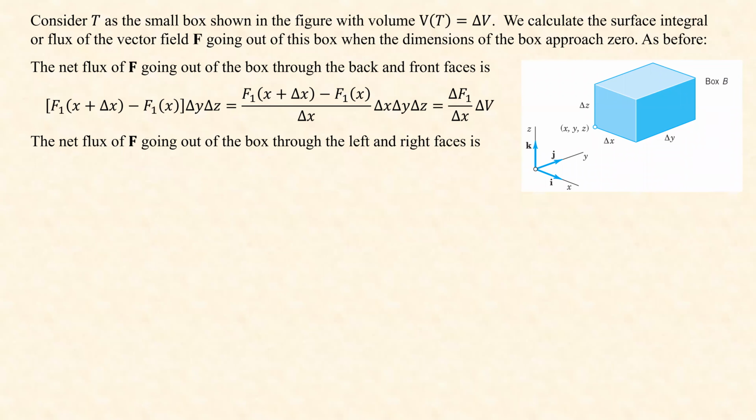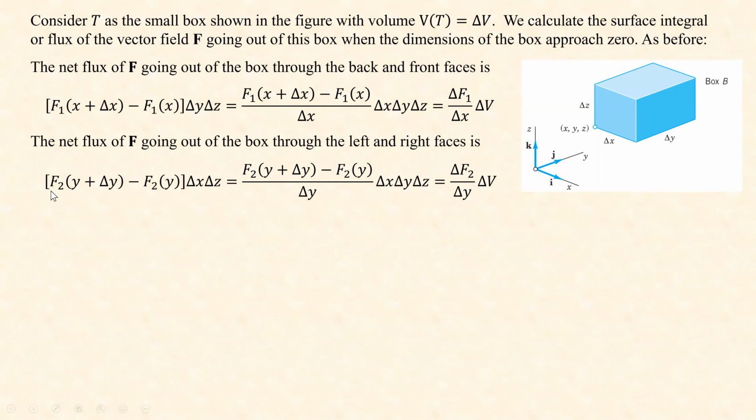And if you do the same thing for the flux going out of the box through left and right, this is the left, this is the right, again you do the same thing. The second component matters here because the faces are perpendicular to the Y direction. That Y component is evaluated at Y plus delta Y, and X and Z, which is the corner that you don't see in the back over there, times delta X, delta Z, which is the area of that face,